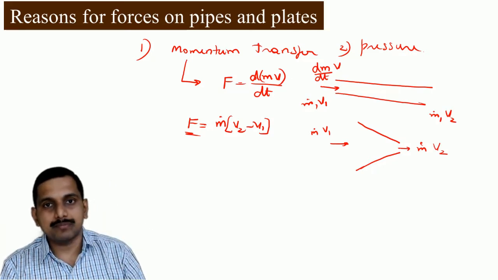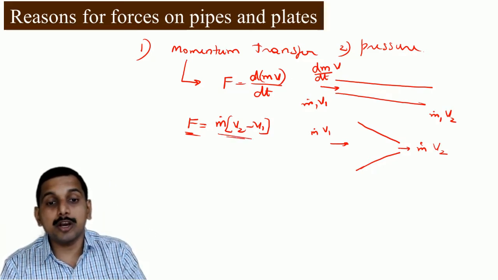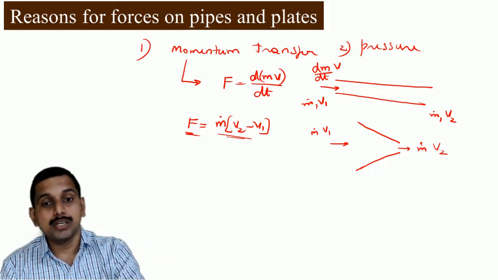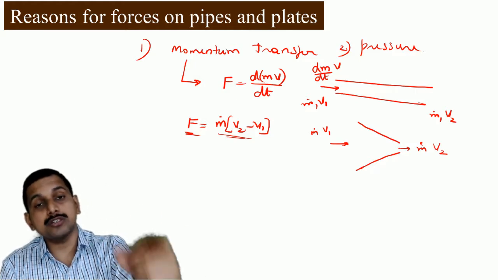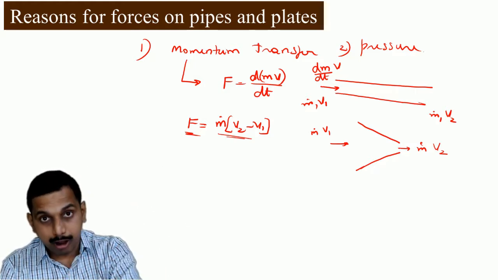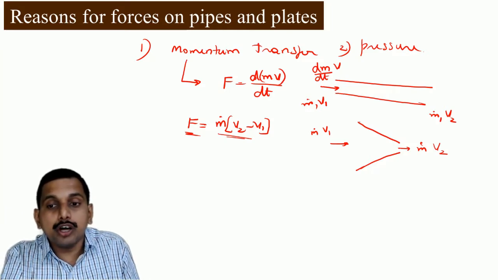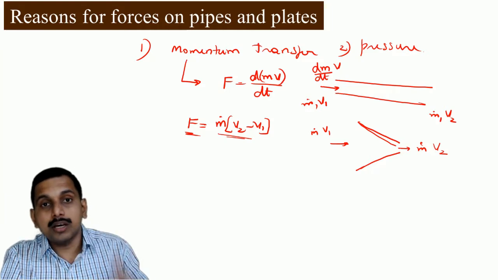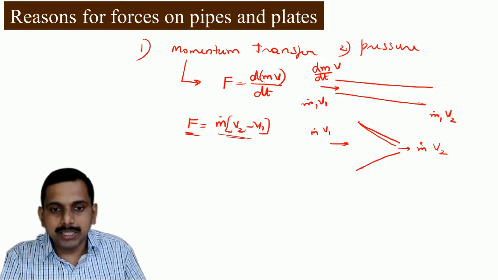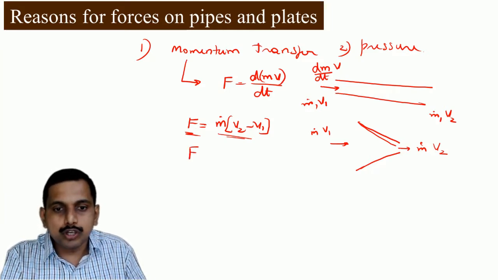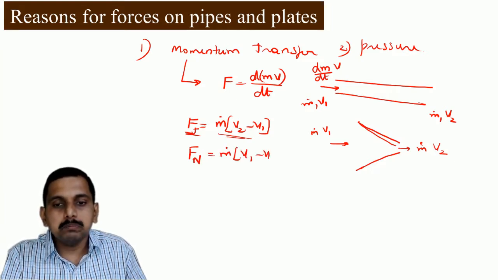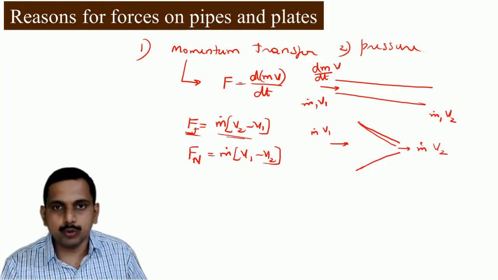फ्लूइड के ऊपर पड़ रहा है. So here this one is because of the force on the fluid. Because the momentum transfer is on the fluid, the force is on the fluid. So if you want to find out the force on the nozzle, for example, then the force on the nozzle is m dot into (v1 minus v2). That's how we have to take it.